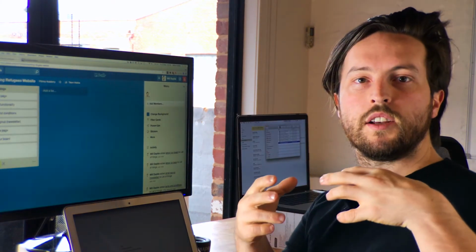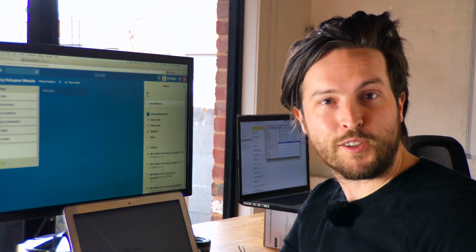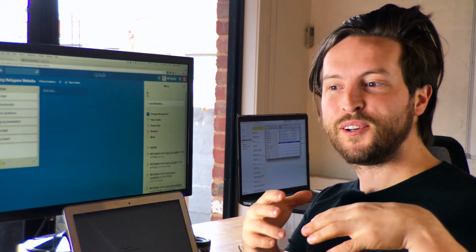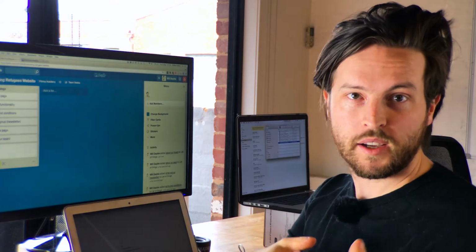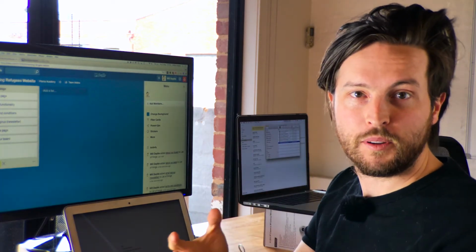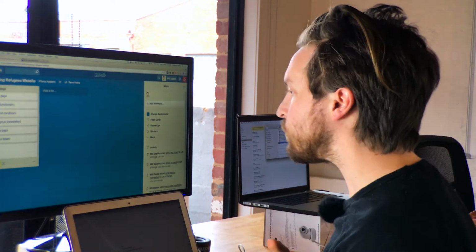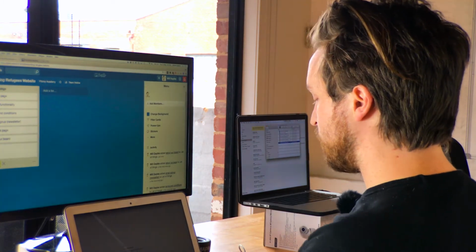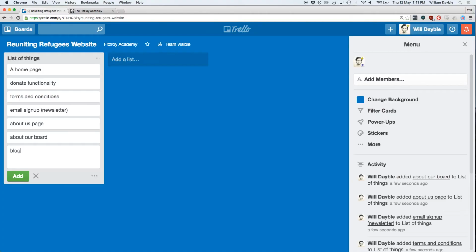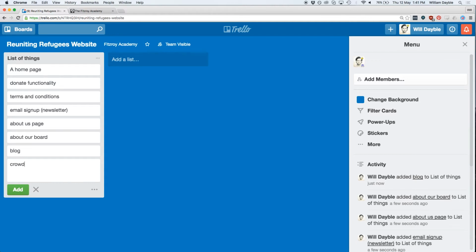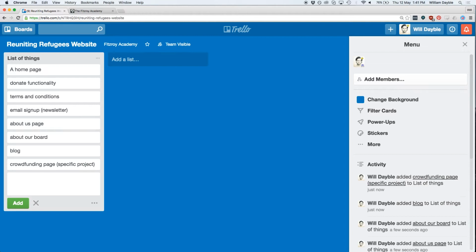It's kind of good at this stage to just go hog wild and do as many things as you possibly can because you can always remove things later. So we're going to kind of guess at the stuff that other people in the org might want to have. So we'll probably need some kind of blog where we can have updates. Maybe we want to do some kind of crowdfunding page for a specific project that we're doing. We might look at other people's websites and steal stuff that they've got, like a community page for people